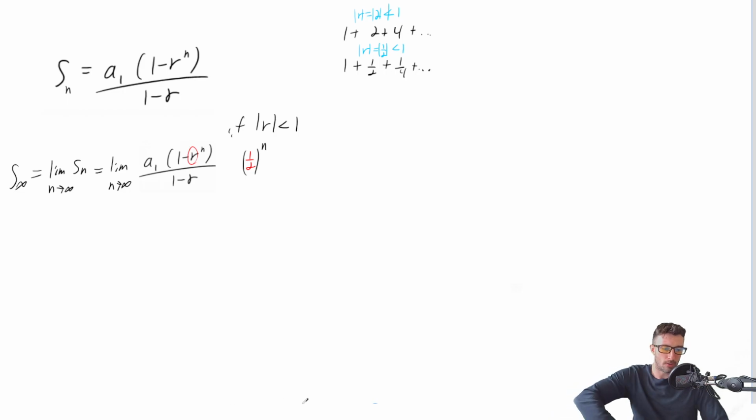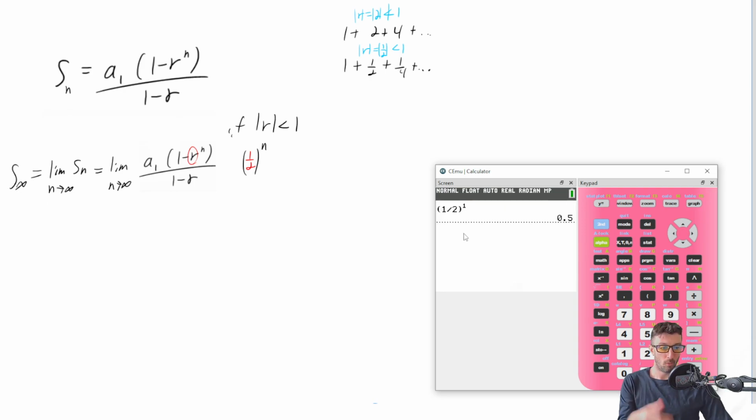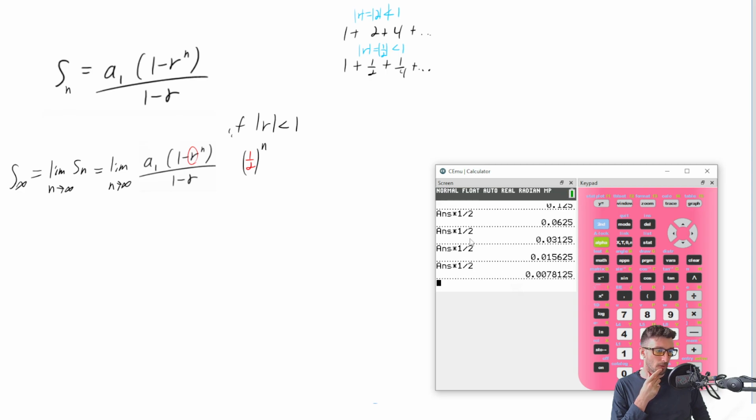Let's start off by just going to a calculator and typing in only 1/2 to the 1. And then if we want it to be 1/2 to the 2, then we would multiply that by 1/2, and then you would keep multiplying by 1/2. And if you keep doing that, you're going to notice that you get closer and closer to 0. In fact, you start needing scientific notation for certain kinds of calculators. So this thing is heading towards 0,